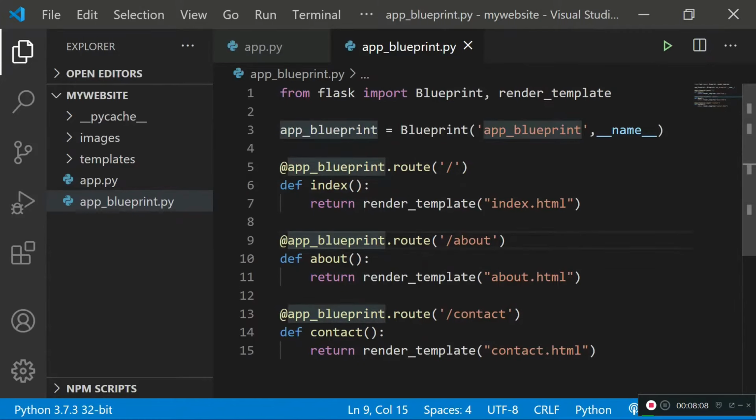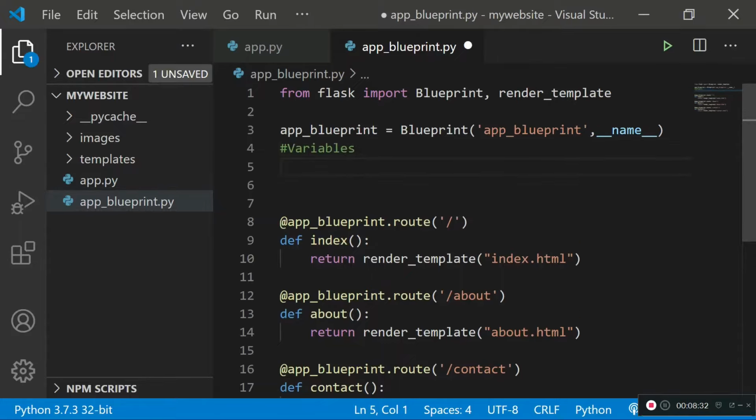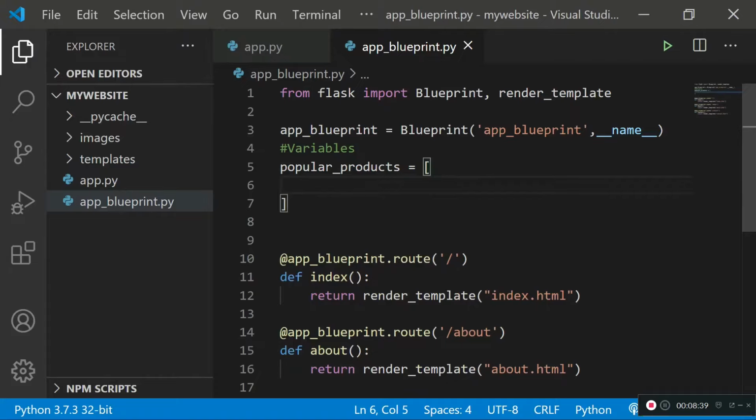so this is where we're going to be dealing with the information. But before that, we're going to go ahead and create a quick variable, which is pretty much going to act as a dummy database, which is going to store the information about our products. Now the information is going to be read from this variable. It's going to be a list type, which is going to store a dictionary of different product informations. So what we're going to do first is type in variables, just so we know what's going on, and then in there we're going to type in popular products. So we're going to create an array called popular products,